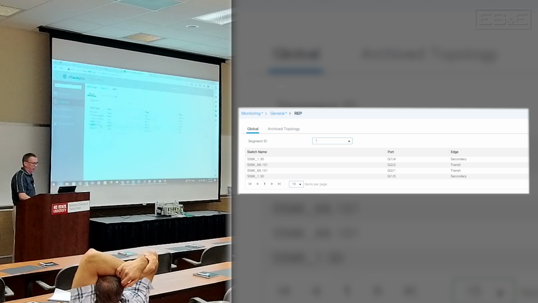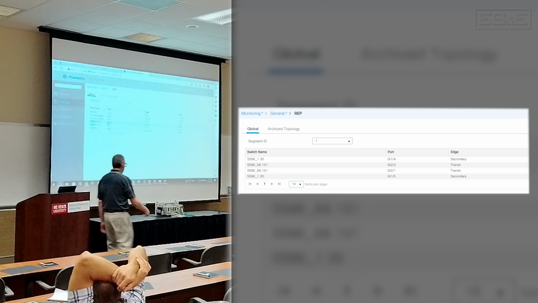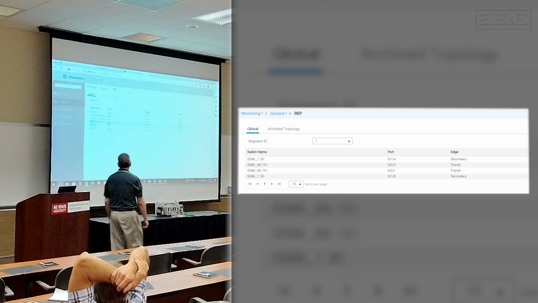So we've got the 5800. It's kind of monitoring the traffic. So Gig 1/8 and 1/7 are your primary and secondary edge ports, and then in between we have the 5700 there and the 5700 there. So everything is all great, wonderful, happy. So basically we have a ring in between these switches. If I pull that, which breaks the ring,